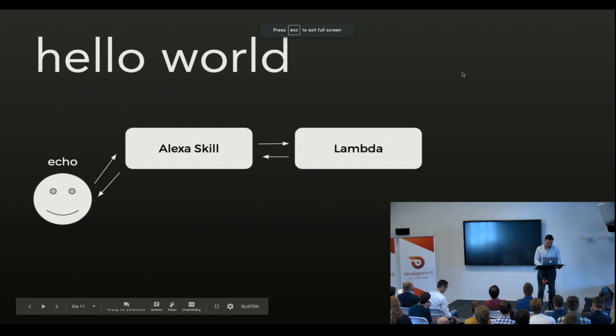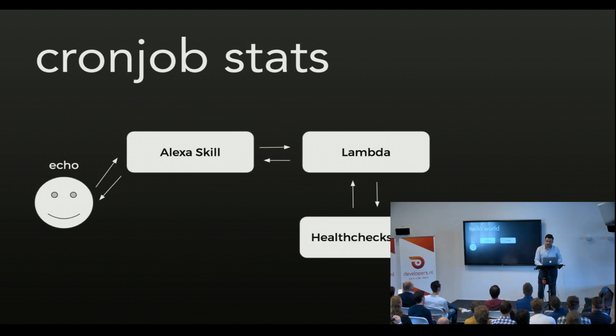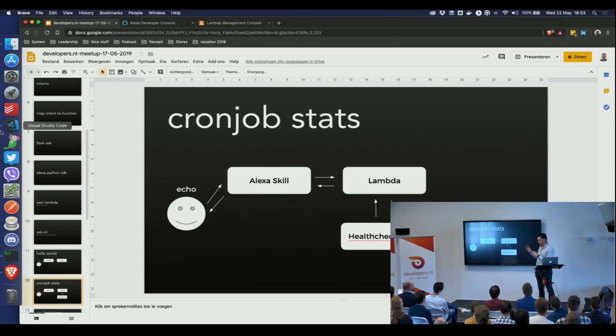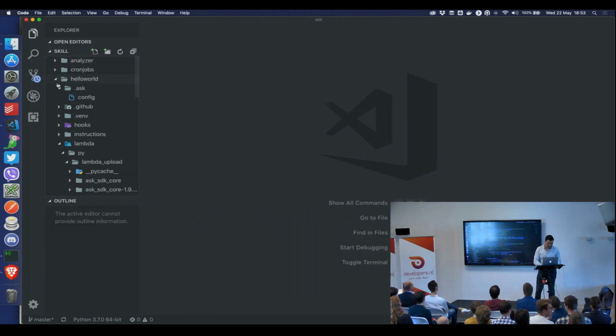So if we go back, this is all cool because it's really easy to set up the hello world, but if you really want to change something else and you want to do something with, for example, external APIs or whatever, I'm going to show that right now. So I did create a skill for a health checks service, which is kind of a service to see if cron jobs are working or whatever. And I created a skill that can actually see in that API, okay, did everything run okay? If it was, then you're going to say this. If it doesn't run, then you're going to say this. So I'm going to show that project a little bit. And you'll see that it has a little bit more